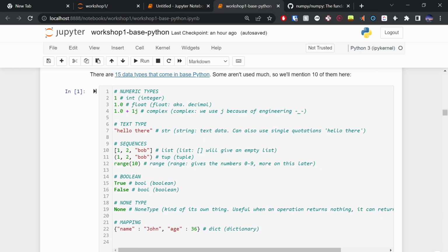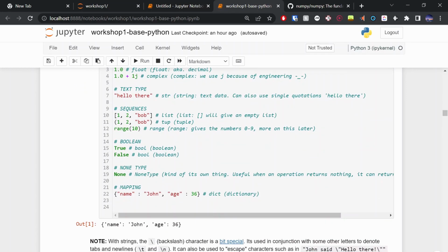Complex numbers, which we use J for, engineers anyway. We have strings, which is for text data. So whenever you hear the word string, that's just referring to text information. We have lists, which can be used to house a combination of numeric and string types and even other lists within that. So just sequences, pretty much.